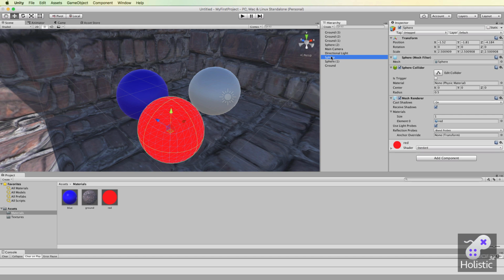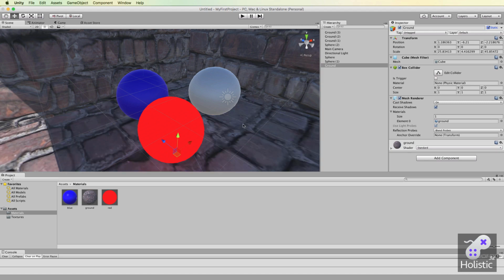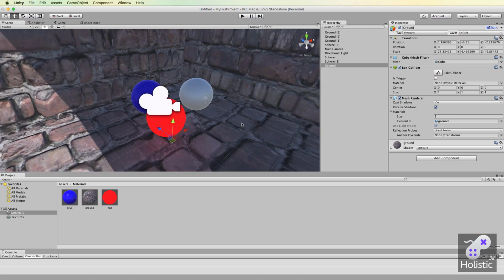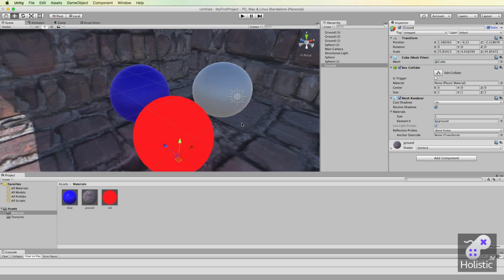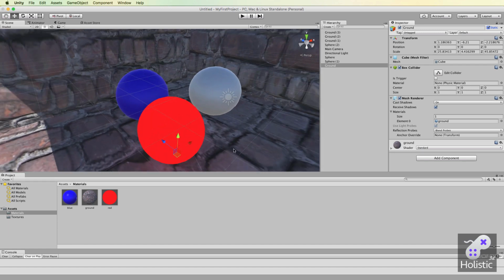The first thing you want to do is set the sphere that's glowing to static. So in the inspector, up in this top corner, we're going to click static. And then the surface that's receiving the light needs to be static as well. So that's this ground plane, the first ground, or I should say cube, that we created. We want to set that to static as well. Once we've done that, we will get a red glow, which you can kind of see there, maybe not as obvious. So if I go back to the sphere